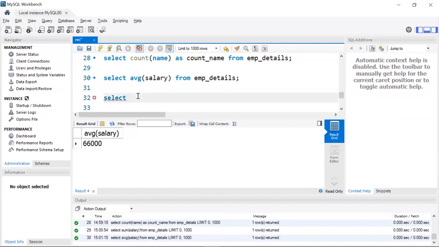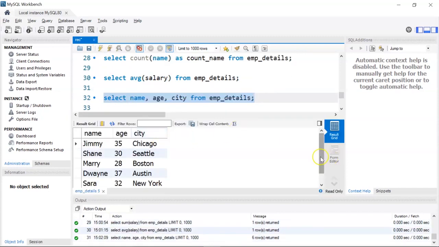So let's say I want to select just the name, age and the city column from my table, that is employee_details. So this will result in displaying only the name, age and city column from the table. If I run it, there you go. It has given only 3 columns to me.